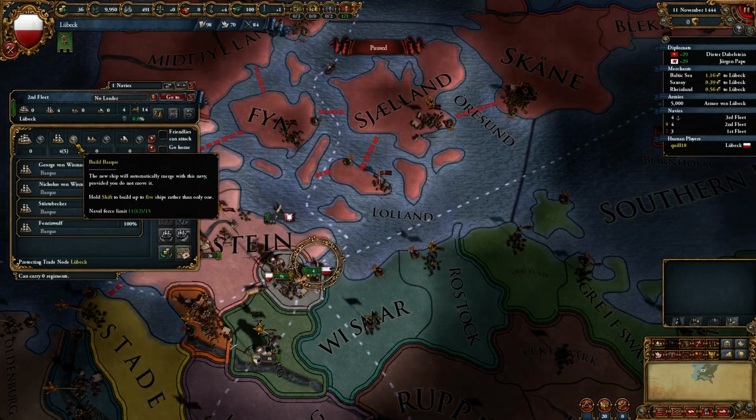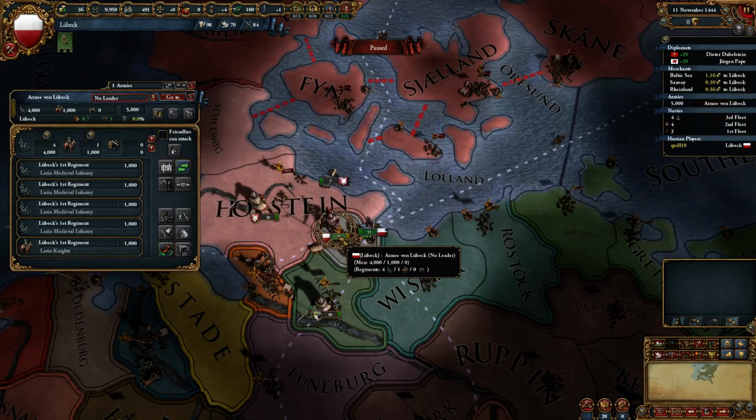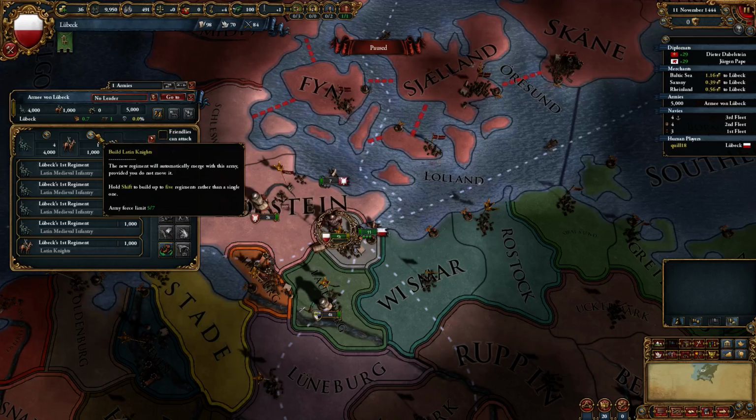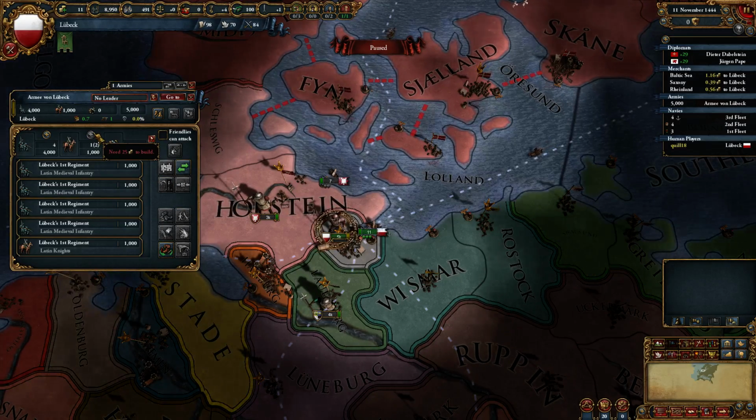So I'm just going to queue up one, because we only have one port. We can only build them one at a time. Doesn't make any sense to spend the money ahead of time. And in terms of our army, we have a force limit of 7. I'll build 1 cavalry, and I think...